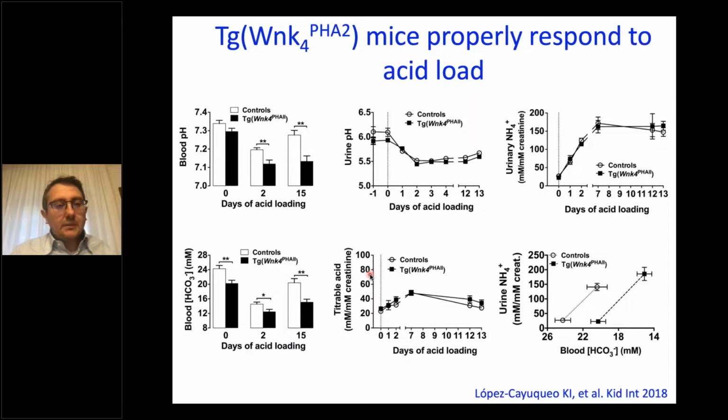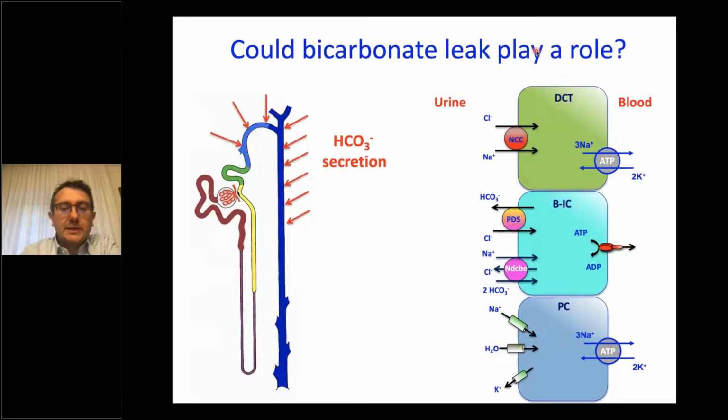And the proton pump is working properly because when it's stimulated by ammonium chloride, you can see that the urinary pH properly decreases and urinary ammonium increases. So these mice properly respond to an acid load. So finally, we postulated that